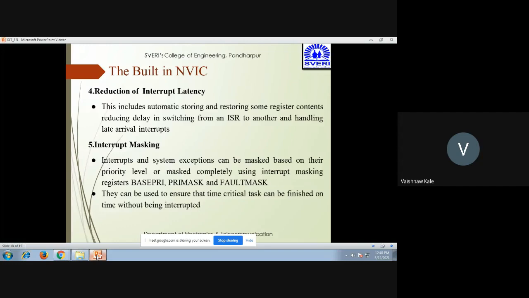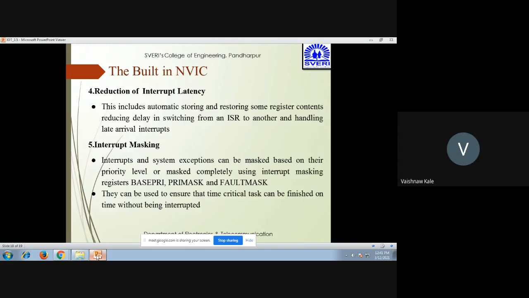Latency means the response time between the software and the user. So if the latency is more, that means the response time is more, which is not good. The response time has to be very low, so that immediate action will be taken. So interrupt latency is where the interrupt is given by the user and the response of the software immediately to that interrupt is called interrupt latency.